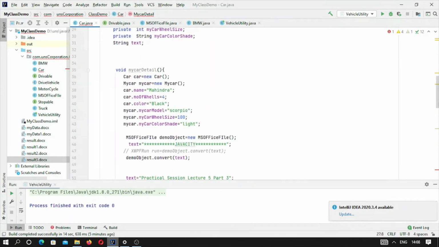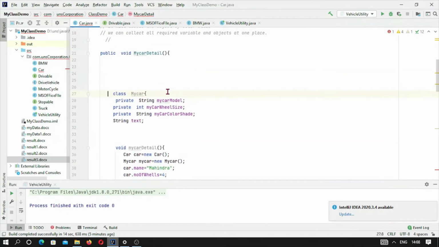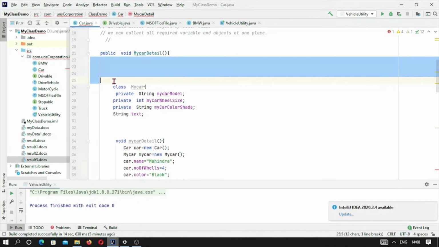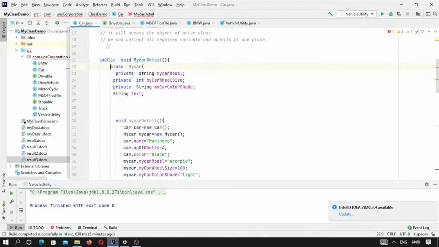Now all the things have happened. So you can see this is an inner class. Let me eliminate this gap. Okay, so this is the inner class, and this is a local method. This is a method, and this method now has an inner class, and this inner class has a method, and this method is doing all the things.